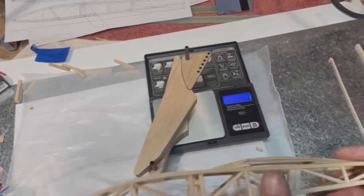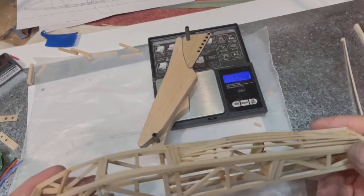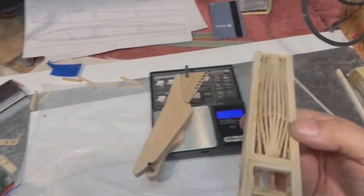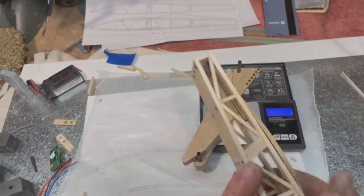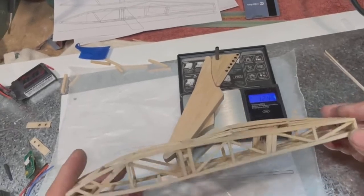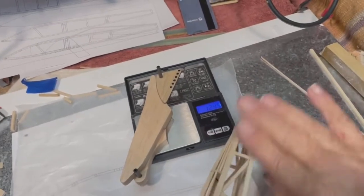And I am going to coat this with thinned epoxy, mainly to reinforce all the little CA glue joints that are in there. And then I'll give it a ride on the belt sander, and that'll take off any epoxy that's on the outside edges. And then I'll hit it with a light coat of lacquer, and I'm thinking the lacquer is going to help the